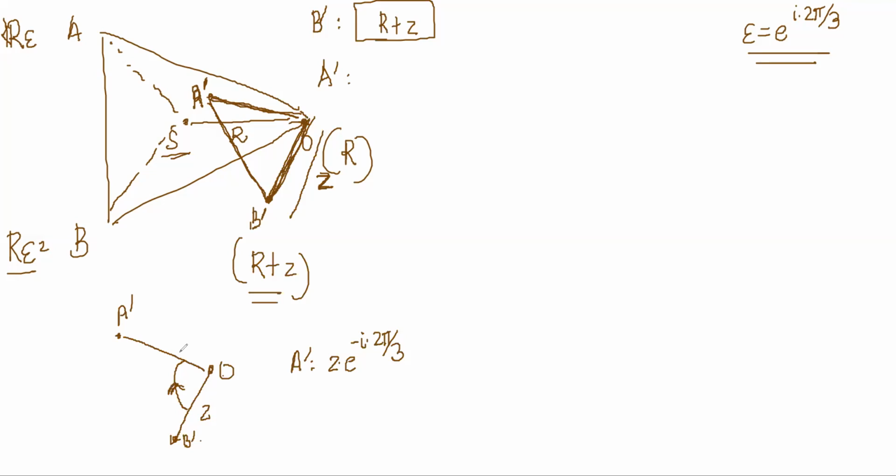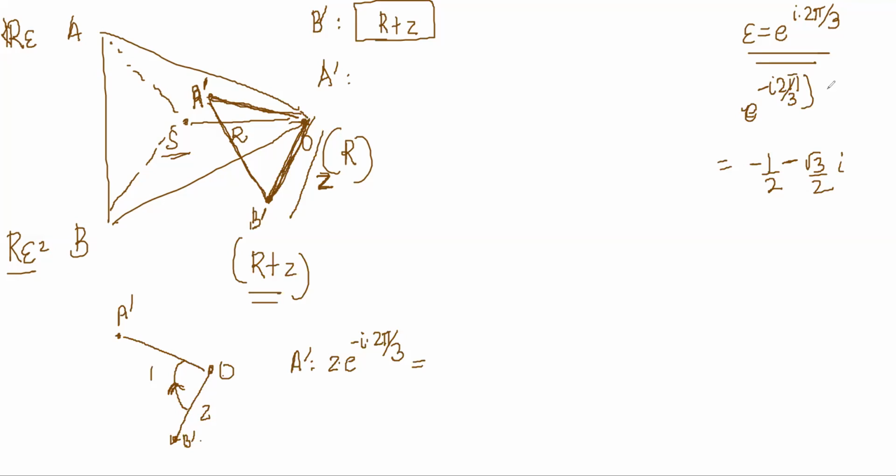Yes. This is a clockwise rotation. I am not going anti-clockwise, right? So e power minus 2 pi by 3, let's write e power minus 2 pi by 3. That will be cos of 2 minus 2 pi by 3, which is cos 120 is minus 1 by 2 minus root 3 by 2 i, right? Is it minus minus? Let's think about it. Correct. It is minus minus only.